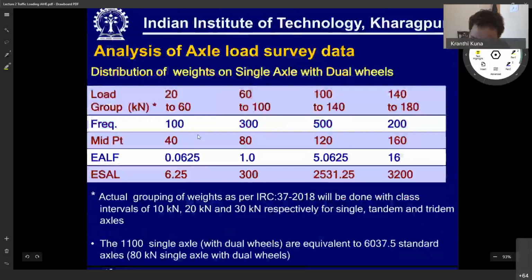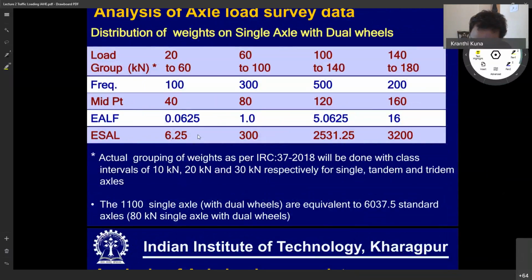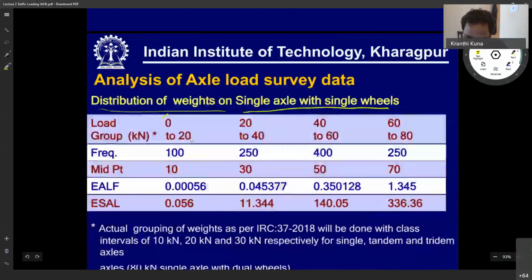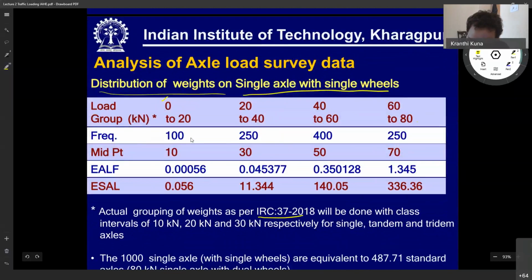Similarly, the distribution for single axles with the dual wheel is 20 to 60, 60 to 100, 100 to 140, 140 to 180. Similarly, tandem axle with dual wheel 40 to 100, 100 to 160, you categorize. But remember, this is an example. Actually, according to IRC 37, you have to do in intervals of 10